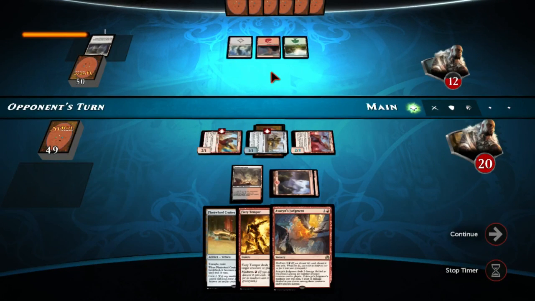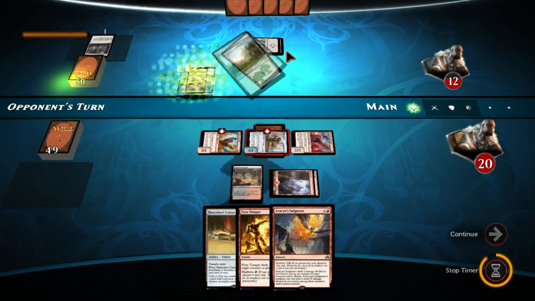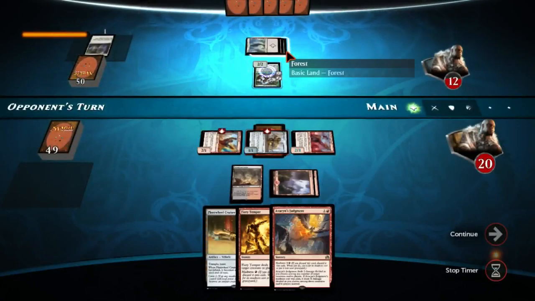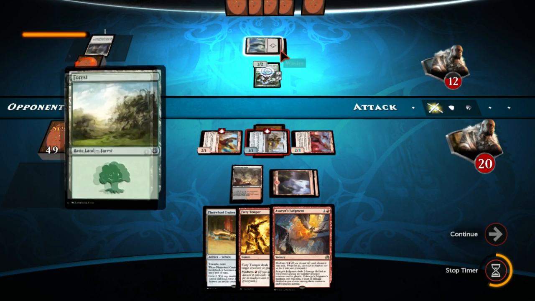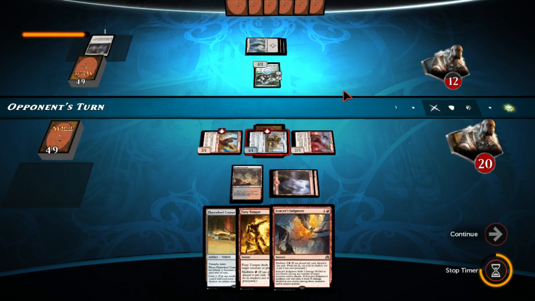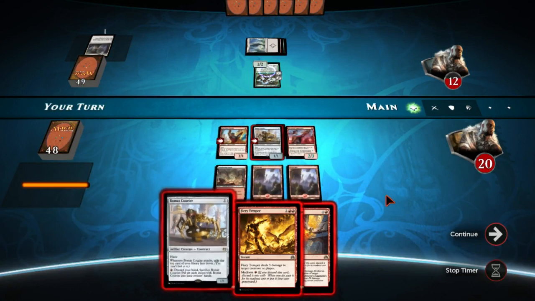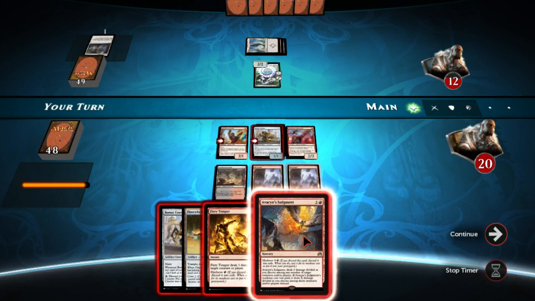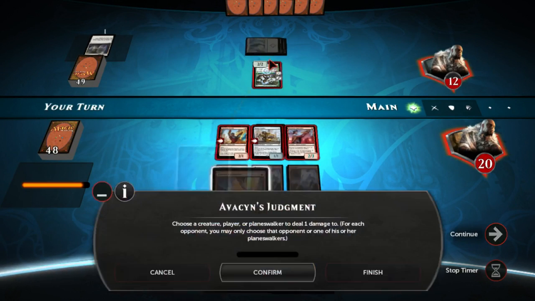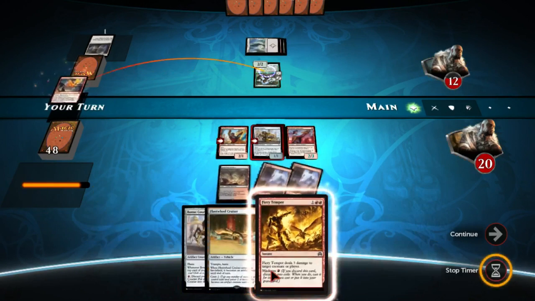Our opponent could have something like Radiant Flames or... okay, so it is green. So... red, green, colorless. You don't see that too often, that's for sure. Bomat Courier. I think we actually just want to play this Avacyn's Judgment and play this other Bomat Courier. There's a lot of upside to not playing the Avacyn's Judgment right away, but...